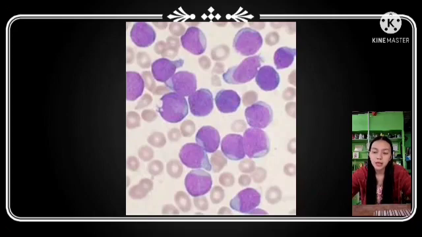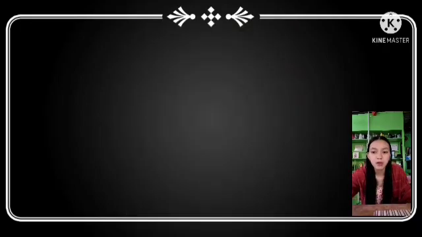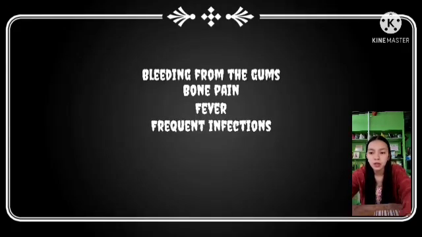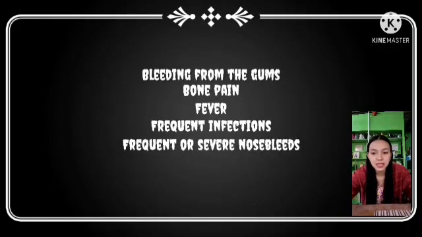So, kapag nakakuha tayo ng acute lymphocytic leukemia, alam na natin. What are those symptoms? Symptoms and signs of acute lymphocytic leukemia may include bleeding from the gums, bone pain, fever, frequent infections, frequent severe nosebleeds. So, yun yung mga signs and symptoms na kapag yung isang tao ay meron na siyang